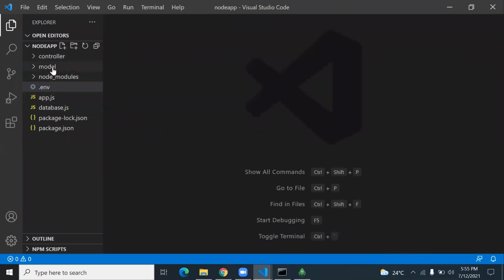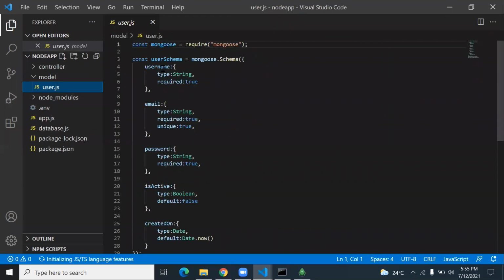Let's go to the model, user model. We need username, email, password, is active, created on, that is okay. But we need some more details like username and email address. I also need first name and last name.